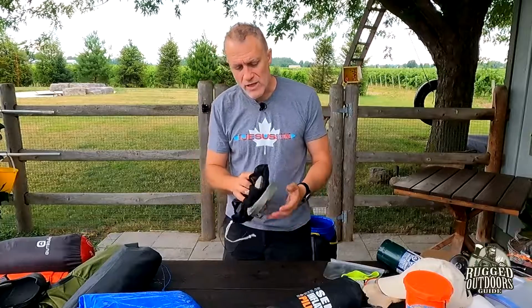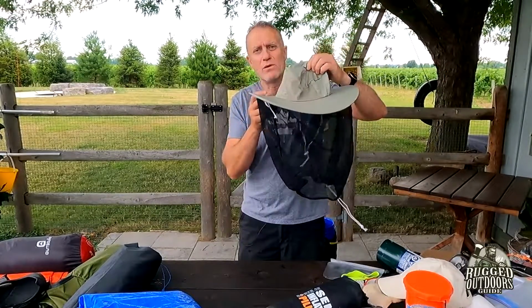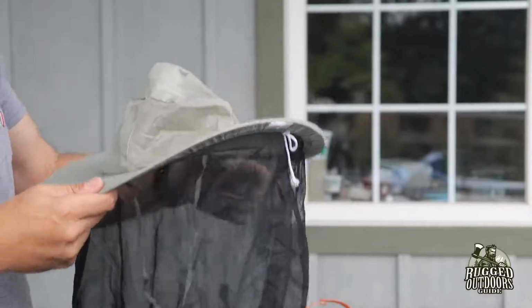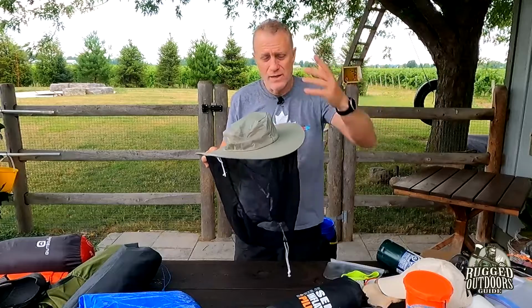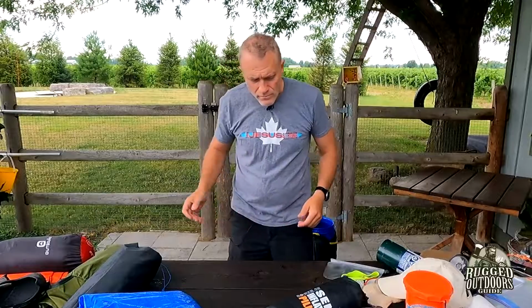So, okay, the other thing, I said that was my last item. Sometimes I will use this guy. It's not a gimmick. It actually does work. Bug net for your head, and of course you've got a Tilley style hat that holds the net around you, away from your face. So all right guys,